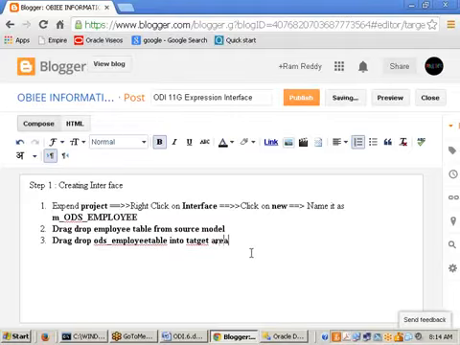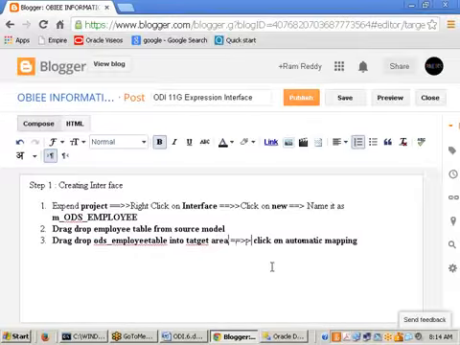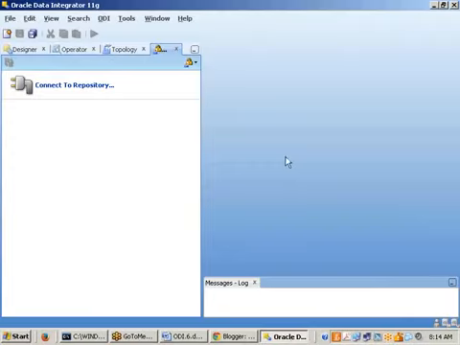Next, click on automatic mapping. So what we did in the steps is now,